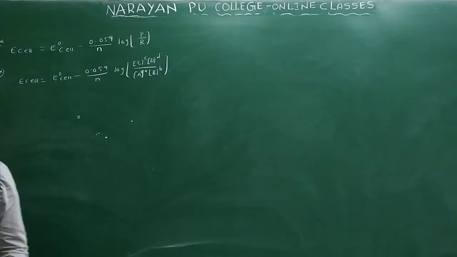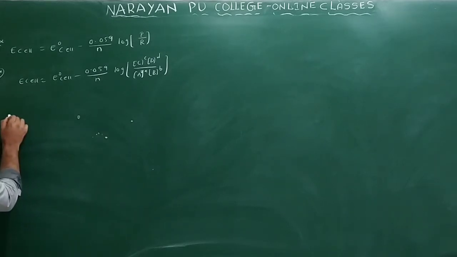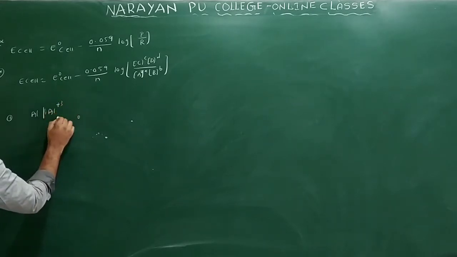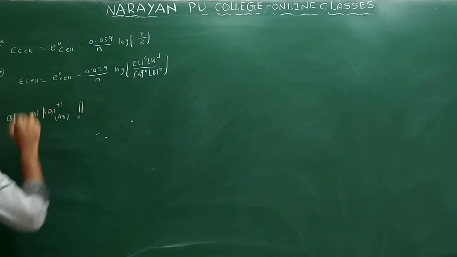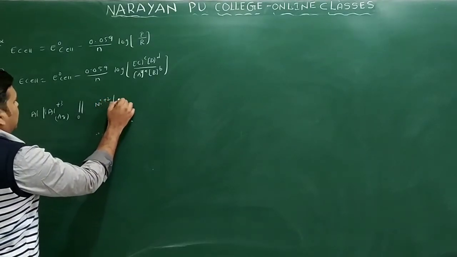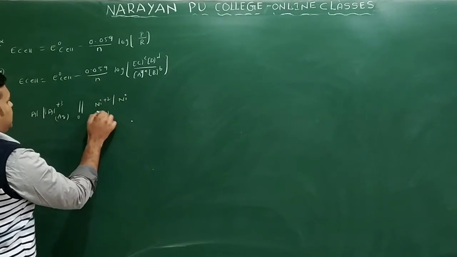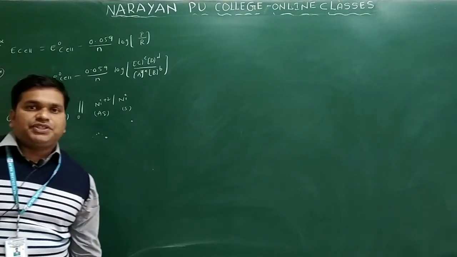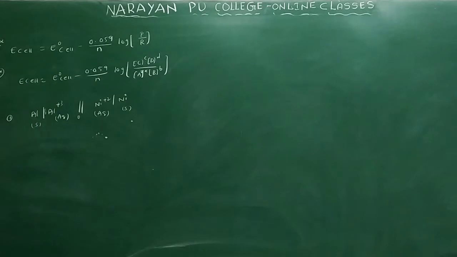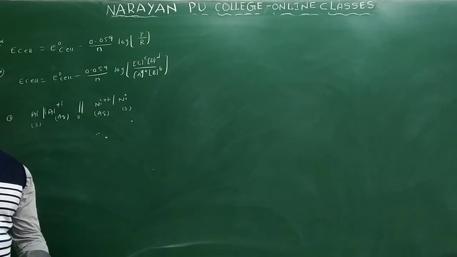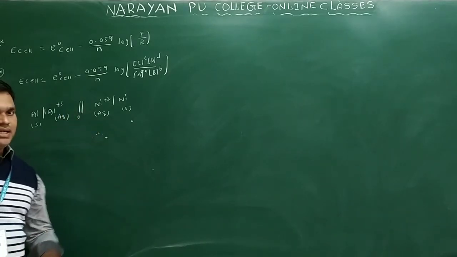Now we write some examples on the general expression. Let us see one cell: we have Al plus 3 in aqueous solution, both half cells separated by a salt bridge, and one more with Ni plus 2 in aqueous solution, with Al and Ni solid. We have to write the expression for this cell. If you want to write the expression, first you have to write the total equation.